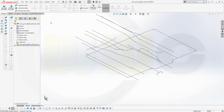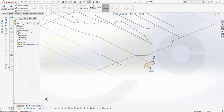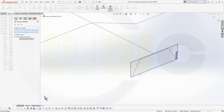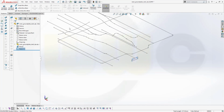Therefore I will need a plane and a sketch. So go for a plane and define that by, for example, 3 points. Confirm. Then do a sketch just on that plane. Therefore I want to convert, select chain if possible, confirm, leave that sketch. And now in order to do that surface sweep,